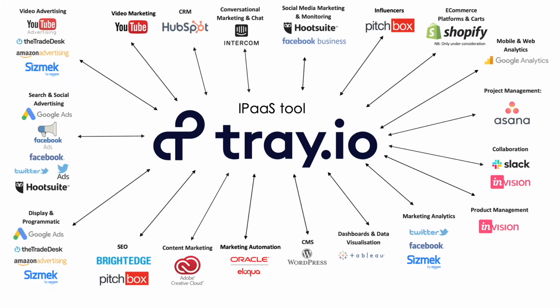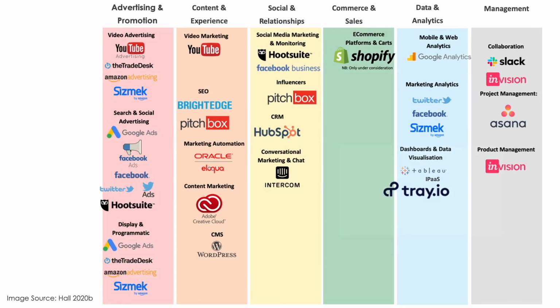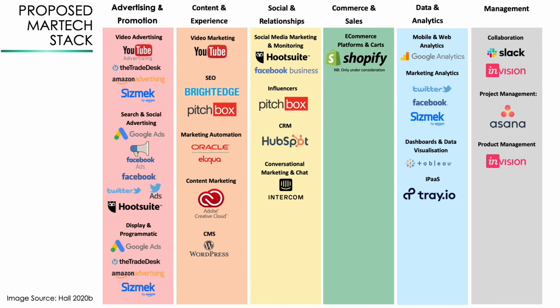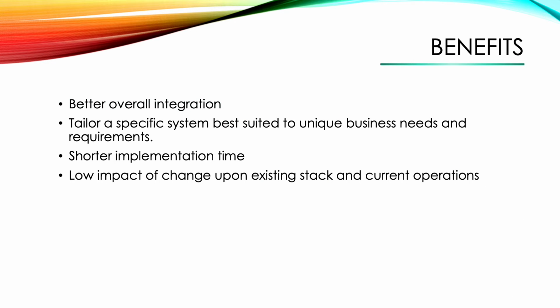The new proposed Martech stack will complement the existing stack by utilizing many of the same tools, helping to reduce the time required for the implementation of changes. The company will leverage each tool to the full extent of its capabilities, with some consolidated into a single vendor to reduce overlaps and inefficiencies. Whilst the changes may seem relatively minor, they will likely have a substantial impact upon the performance of marketing operations, including better overall integration and the ability to tailor a specific system best suited to the company's unique business needs